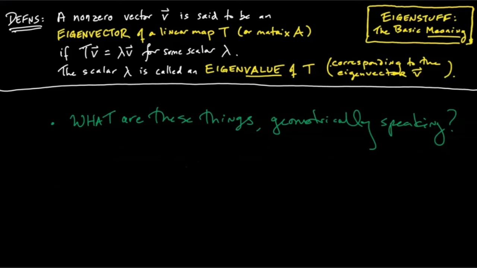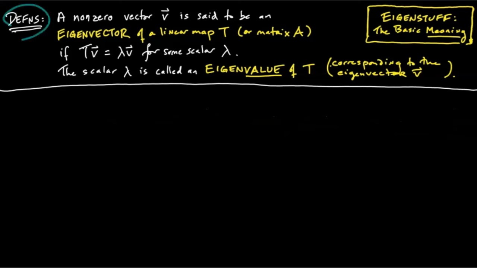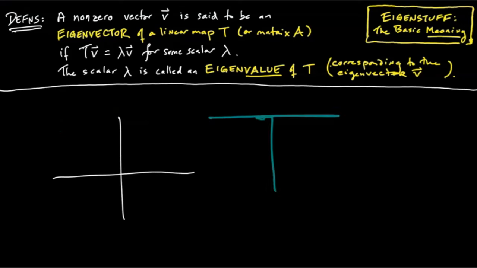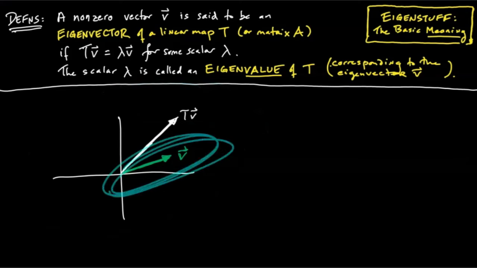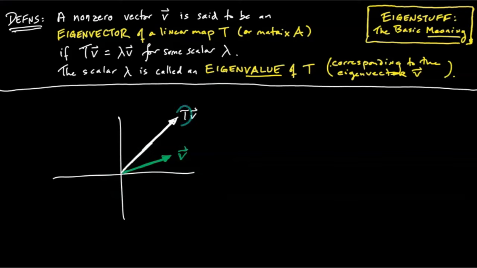What are eigenvectors and eigenvalues viewed geometrically? Well, this is easy to see from the definitions themselves. Let's say I've got a linear map defined on R2, so from R2 to itself. And let's call our linear map T. So if I have any vector v in R2, when I apply the linear map to the plane, the vector v gets mapped somewhere else in the plane to Tv. Now, just based on my little picture here, I can ask the question, is vector v an eigenvector of the map T? Well, v is a non-zero vector.